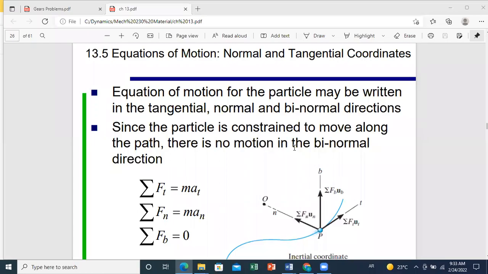Okay, so we have already applied Newton's law in rectangular components. Now we will move to another section, which is how to apply Newton's law in normal tangential coordinates. So when we describe normal tangential coordinates, we said that at any instant, the UN UT frame will constitute the plane